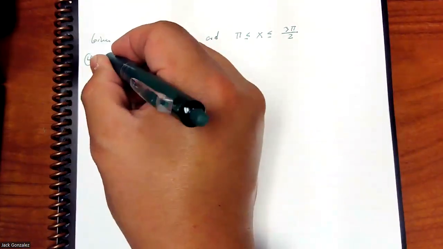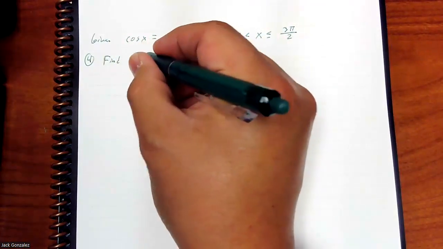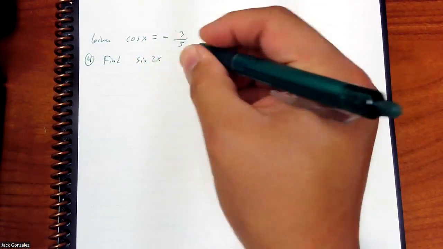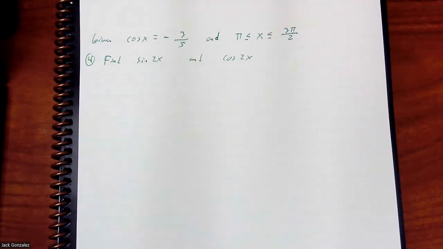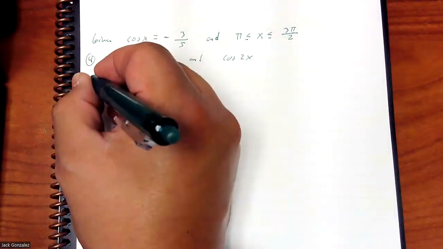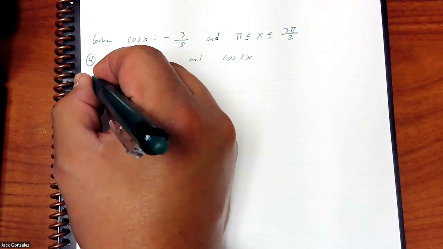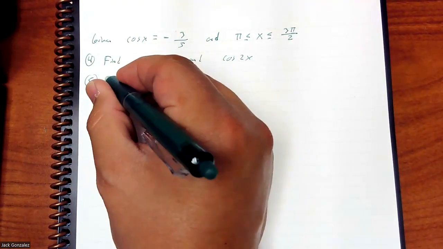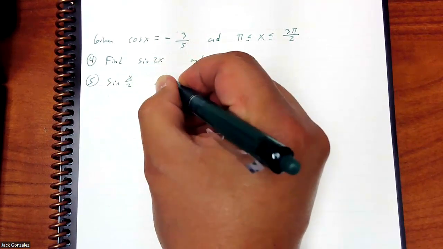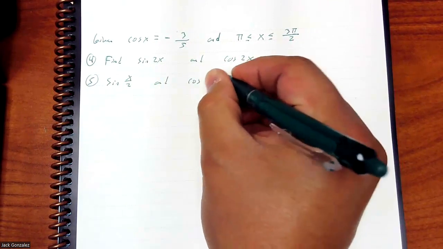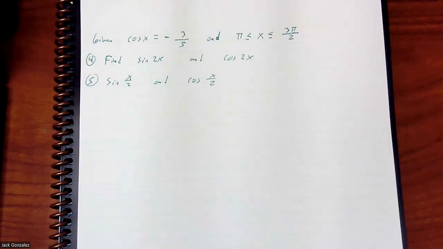All right, there's number 4. Find sine 2x and cosine 2x. I'll go ahead and write 5 here because I'm going to do them together: sine of x over 2 and cosine x over 2. So we need to find